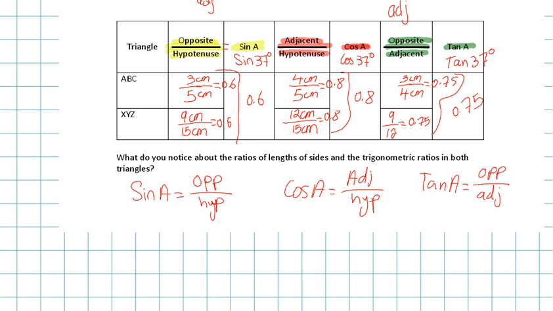And for us to remember this, they came up with, you probably have heard it before, SOHCAHTOA. It's just an acronym to remember this. SOH means sine is equal to opposite over hypotenuse. Okay? Sine, opposite, hypotenuse. CAH: cosine is adjacent over hypotenuse. Okay? And tan is TOA, which is